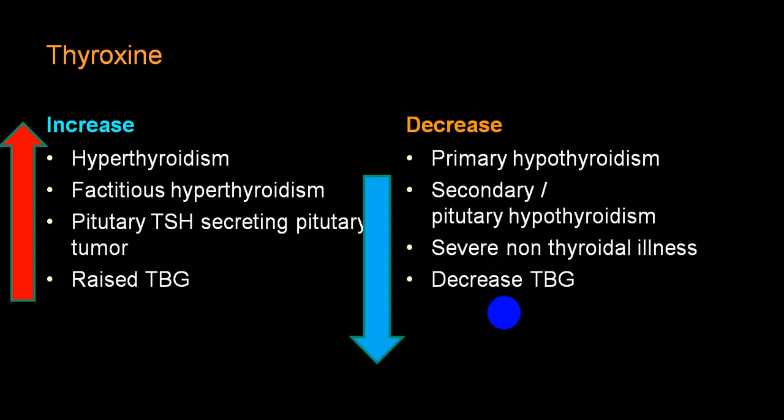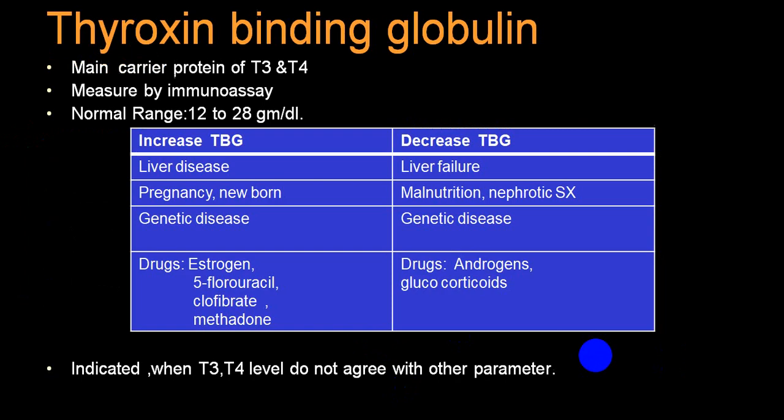Thyroxine level can also be affected because thyroid binding globulin can be abnormal. Pituitary causes and hypothalamic disorders can be reasons for producing abnormal T3 and T4. And we already mentioned thyroid binding globulin can also be abnormal. In liver disease, it will be high. In pregnancy, it will be high. In a person who is on estrogen or clofibrates, TBG will be high.